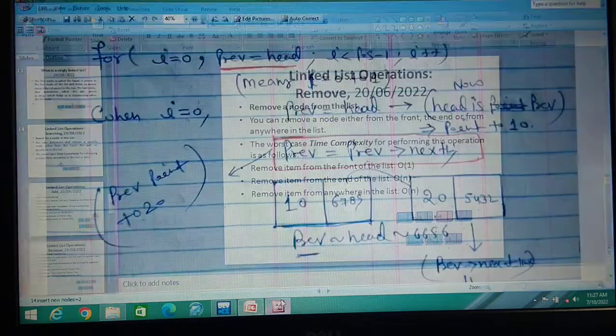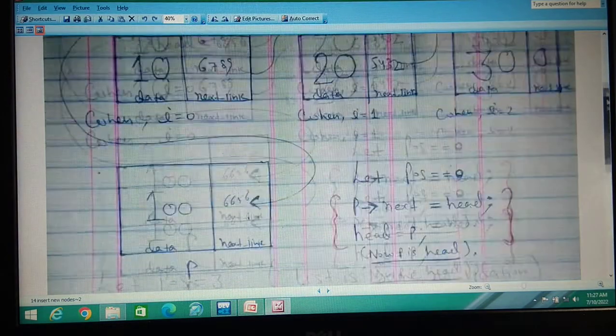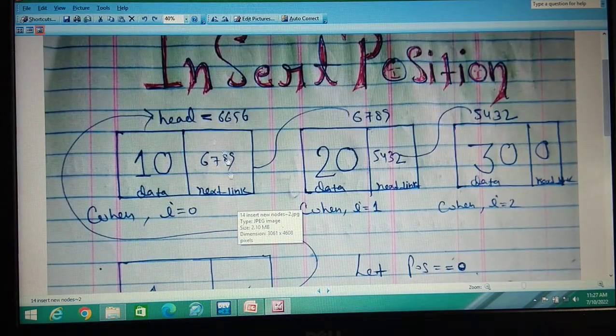The meaning of this, PREV next is equal to PREV. PREV next: this is PREV, its next is this. Now its next means the address of this, so now this is PREV. So we are shifting the PREV from here to here.